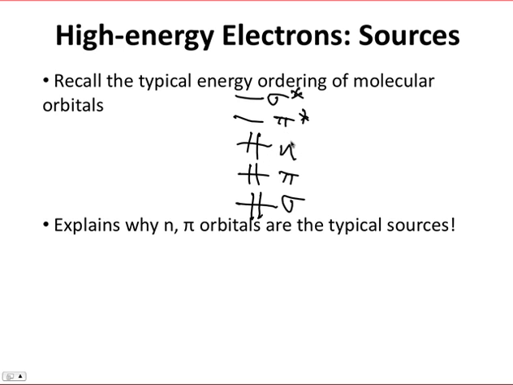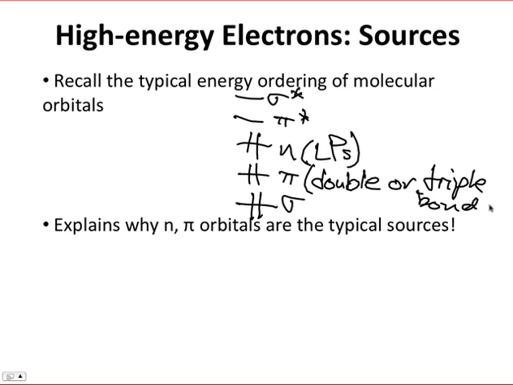And so typically, the highest energy orbitals that are filled, that are occupied with electrons, are either non-bonding lone pairs, so those correspond to lone pairs, and the pi orbitals correspond to double or triple bonds. This is why typically we see n and pi orbitals as the typical electron sources. So if you see a heteroatom like nitrogen, for instance, with a lone pair, that is a great electron source. A pi bond,